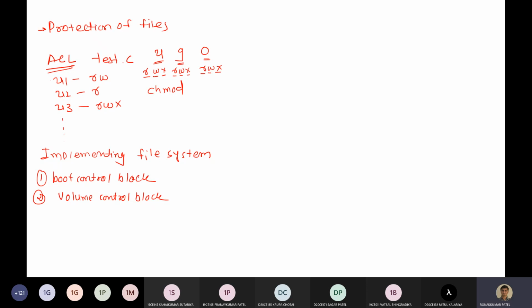So free block count and all the pointer to the free blocks is required. And in UFS, this is called a super block. And in NTFS, I think it's a master file table, right, which contains this information for any partition,